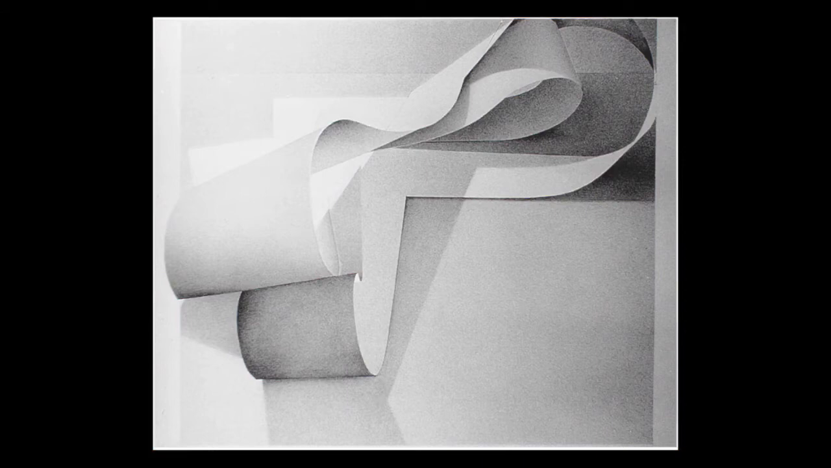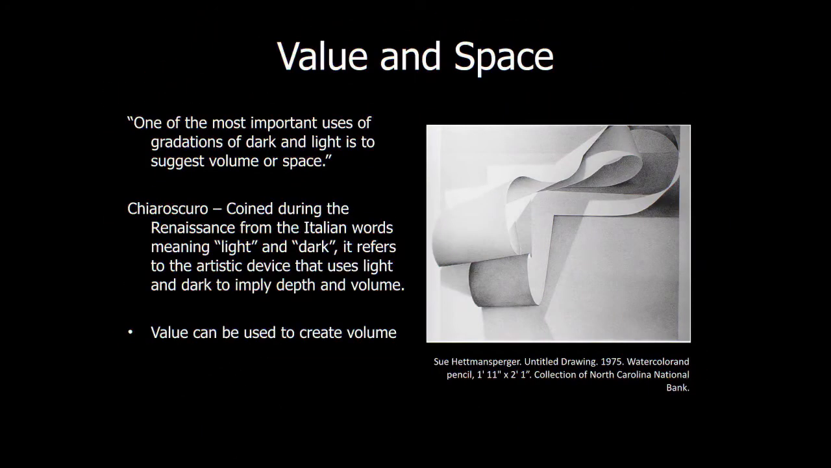And here is another example of color or the lack of color in a grayscale image. And right away, it looks like toilet paper. I wonder what it is. Sue Hetmansberger, Untitled Drawing, 1975. Watercolor and pencil. And so one of the most important uses of gradations of dark and light is to suggest